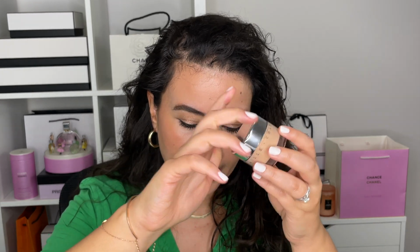It's not going to hide melasma or anything in that nature, but if you want your skin to look and feel like skin, this is perfect, especially for summer months. If you want something that's more sheer, it's not going to be as noticeable if you start to sweat it off. This is a great item. This is often an item that people first get introduced to Chantecaille because, like I said, if you want your skin to look and feel like skin, but you want just a little bit of correction,